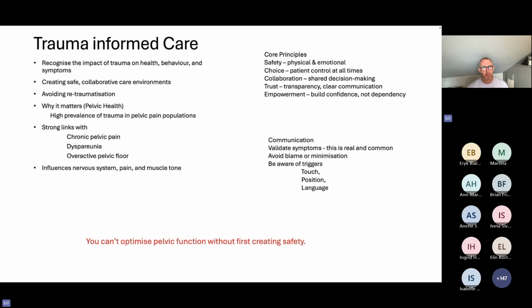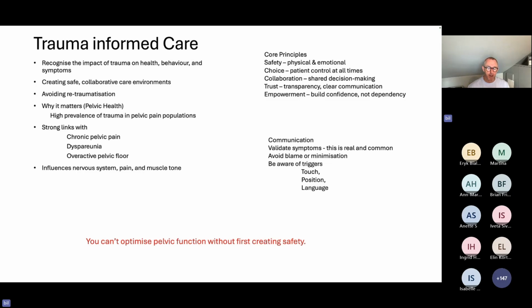We need to create a safe collaborative care environment. We have to avoid re-traumatizing them, and it matters because there's a high prevalence of trauma in pelvic pain populations, the strong link with chronic pelvic pain and dyspareunia. These patients have often been dismissed, they've often been disregarded, maybe not taken seriously, or they felt they haven't been taken seriously. We need to think of safety with physical and emotional safety, give the patient the choice at all